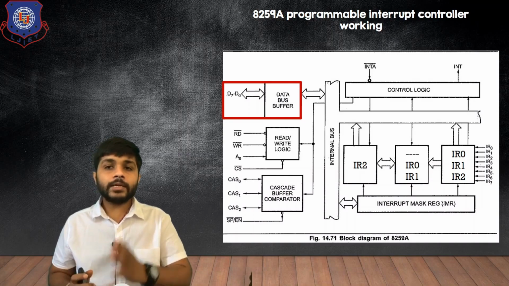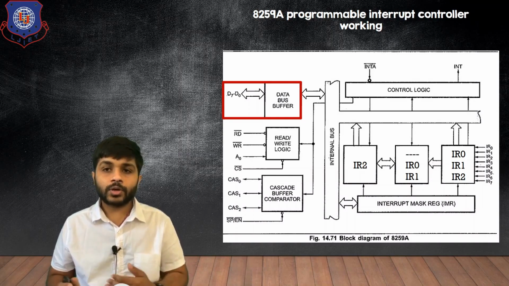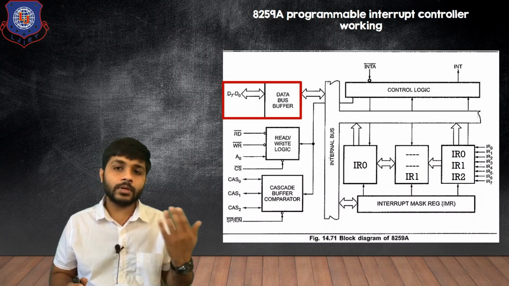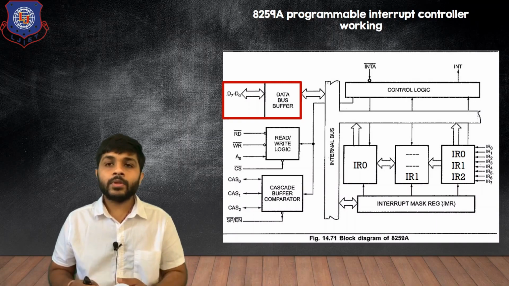Now you can see that in the priority resolver, the next interrupt is IR0. So again IR0 will be transferred to the in-service register and the whole process will repeat. So this is it